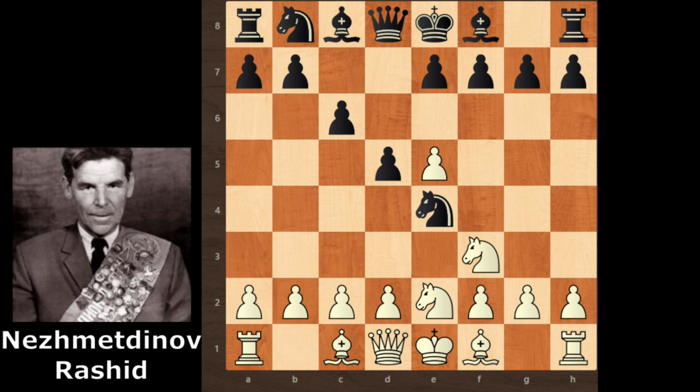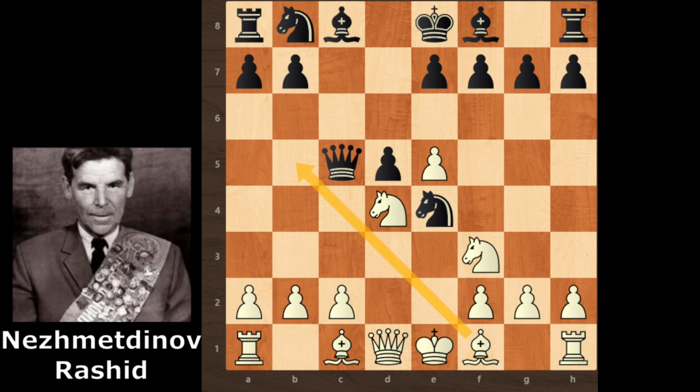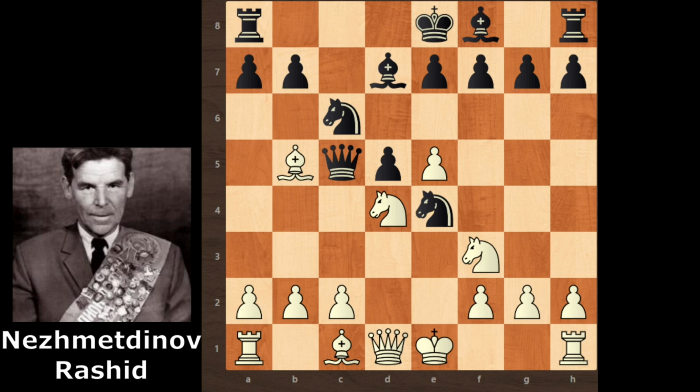And black continues with queen b6, d4, c5, d takes c5, queen takes c5, knight d4 for opening this bishop's diagonal. And black continues with knight c6, bishop b5, bishop d7, and Rashid castles king side, and black sacrifices his